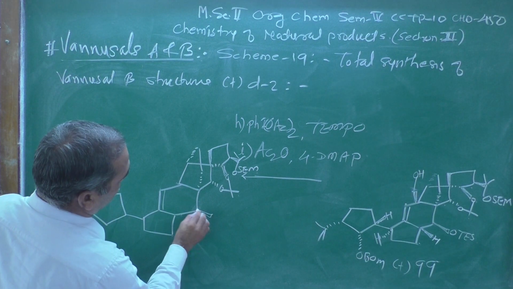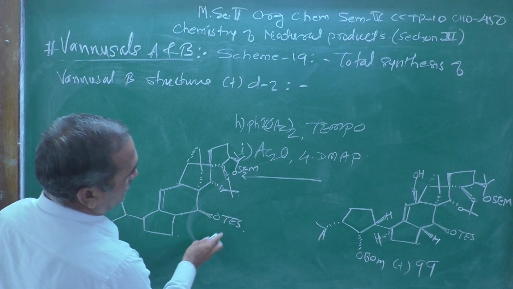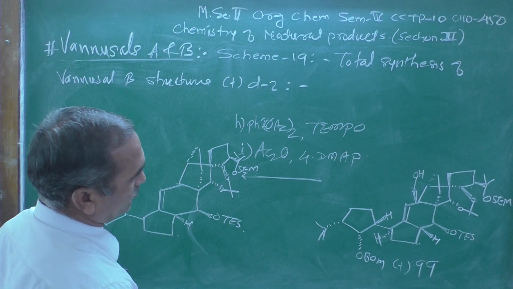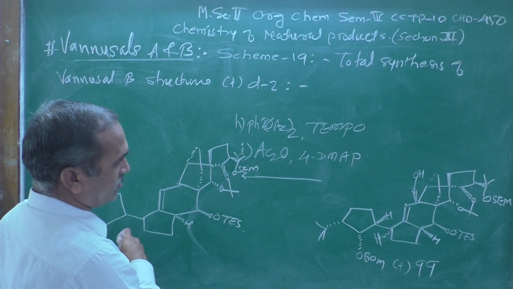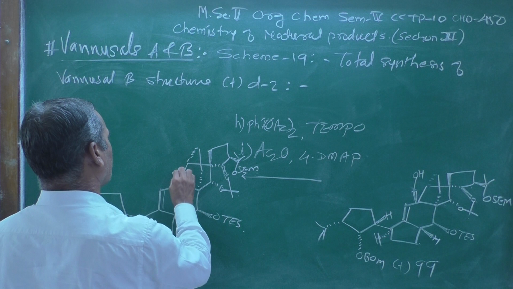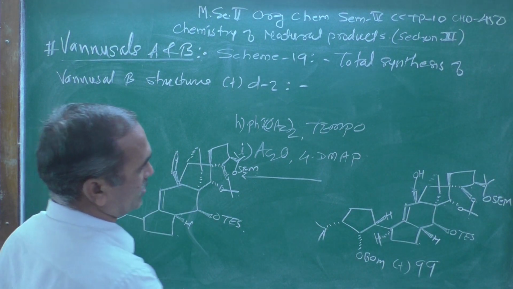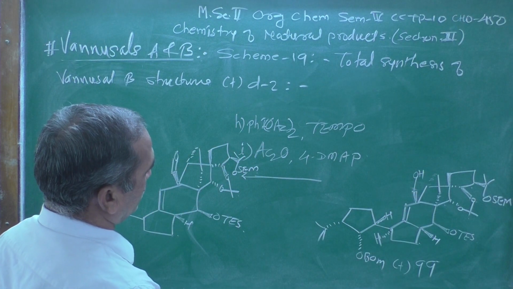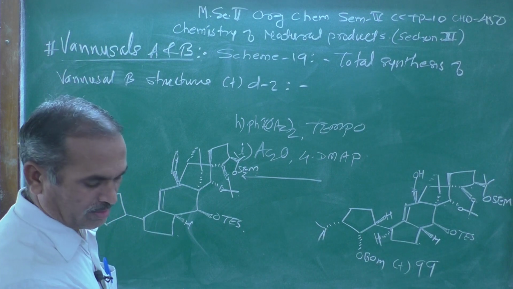Now, that is a group which is above the plane, and this hydrogen atom remains above the plane. Now, this group is converted into an aldehyde group. This primary alcohol gets converted into an aldehyde with this oxidizing reagent, and here